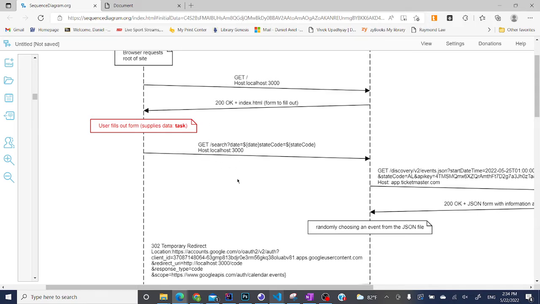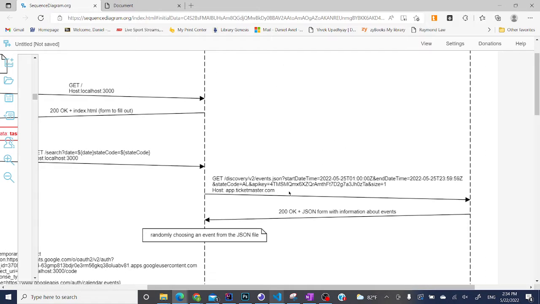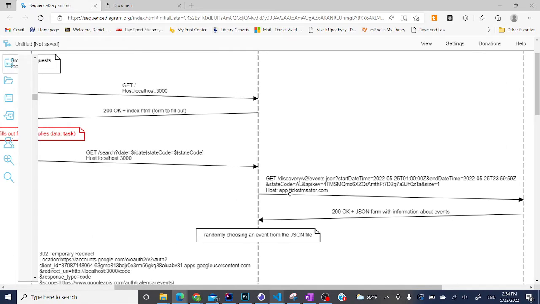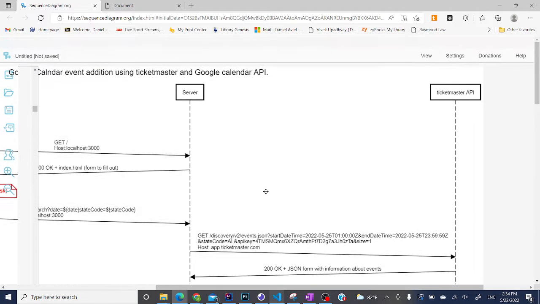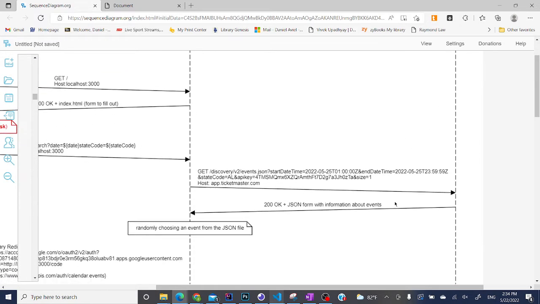This is the server. Now, once the localhost gets this request, it will send a GET request to the endpoint of Ticketmaster. Ticketmaster is our API. I already put here a bunch of details, so that is an example of what we're gonna do. The host is Ticketmaster API. We're gonna request for the discovery v2 events.json